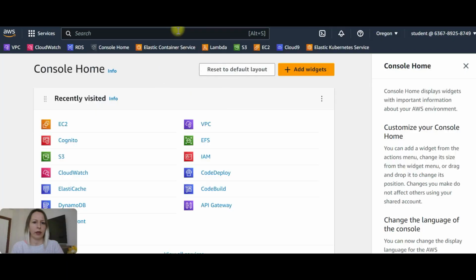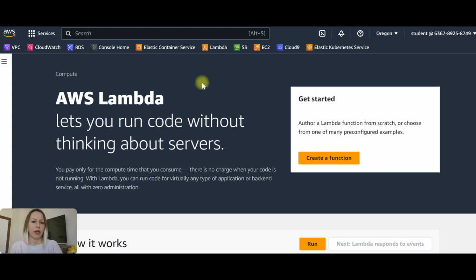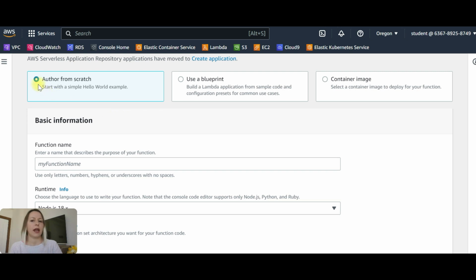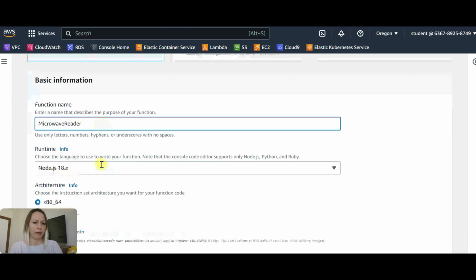So let's get started. We are signed into the AWS console and now we are going to AWS Lambda. Now we are going to create a function, author from scratch. There are three options. You can use a blueprint or a container image as well. So the function name is microwave reader,